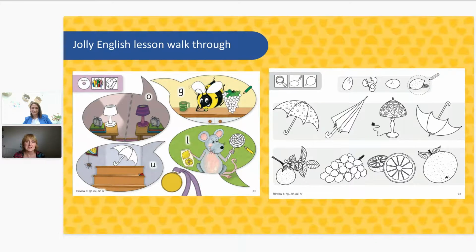And as we can see here, children are making a really good connection with the grapheme. They can see that here we've got a G for grapes, and they get the opportunity to color them. But remember, children really work well having the visual cues to support that. And all the way through the book, we are complementing what they are doing with the pupil's book and in the practice book, so it makes sense. And a wonderful opportunity here, again, using the visual cues, what would be the right one to do. And of course, as Melly said, they'll probably know this is an umbrella now, the umbrella, but we've got a